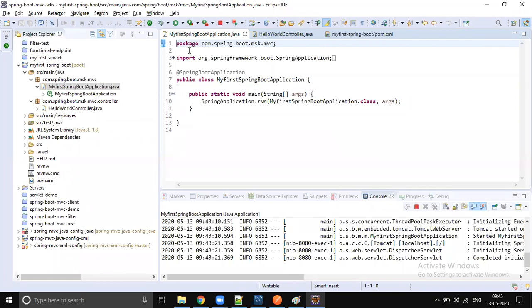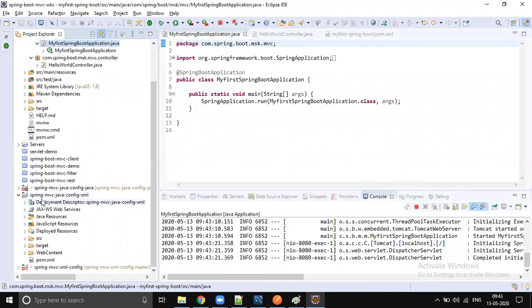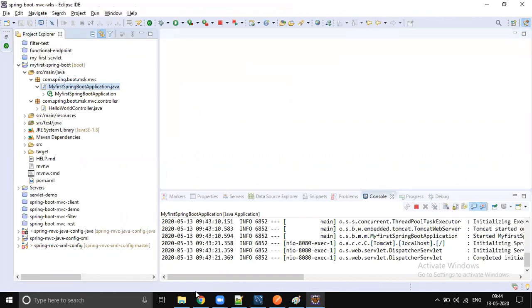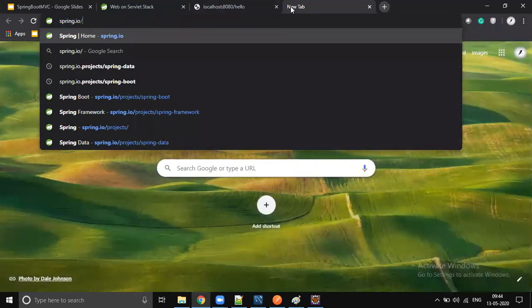Whatever configuration you wrote a few minutes before, the Java configuration, instead of you doing that, it's been taken care of by Spring Boot. Let me go back to the Spring Boot documentation, and I will tell you one topic I said I would cover after some time.